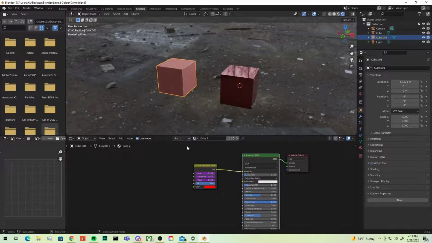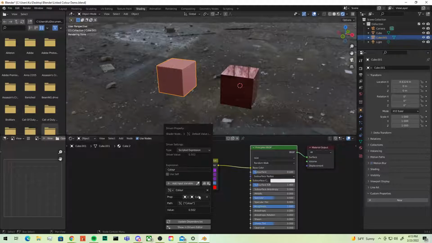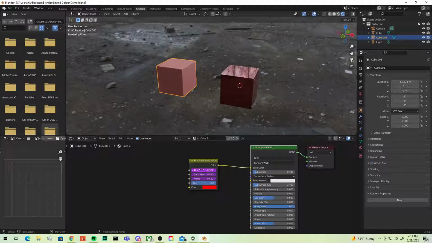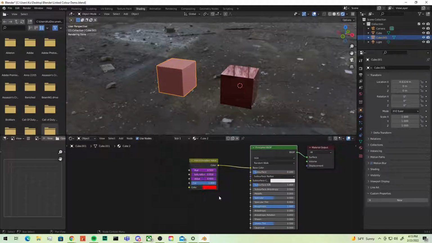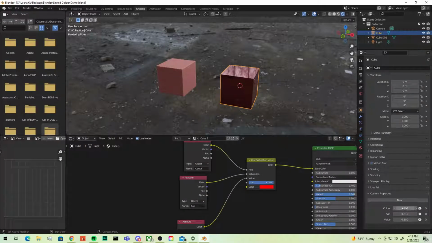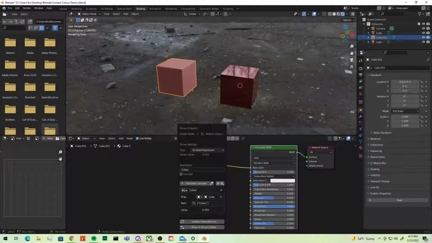And then what you're going to want to do is go into your second object here. Sorry, I forgot the word for cube. Click add driver. I already have a driver, so I'll show you what the setup is. In order to get this path here, you have to go to the first object, click color, right click, and then copy data path, and then go into here, edit the driver, change this from transform channel to single property,